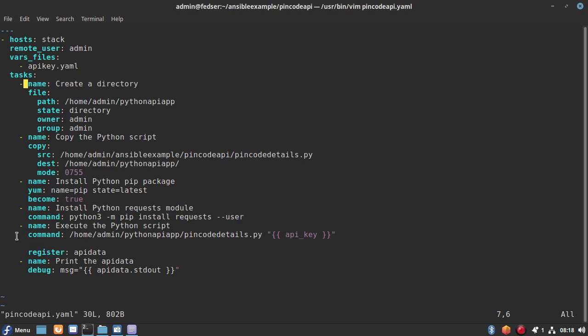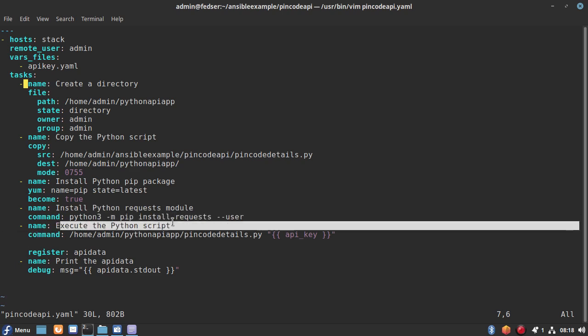Okay. So now the next task is basically the execute step wherein we are going to execute the Python application on the remote node. For that, we are going to call the Python application which we have copied onto the remote node, and we are also going to pass the API key.